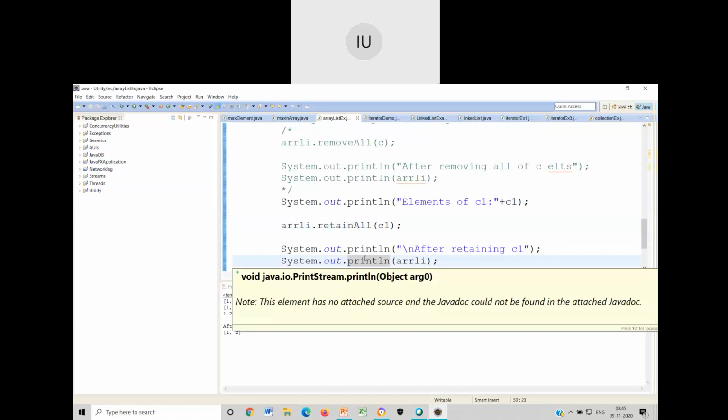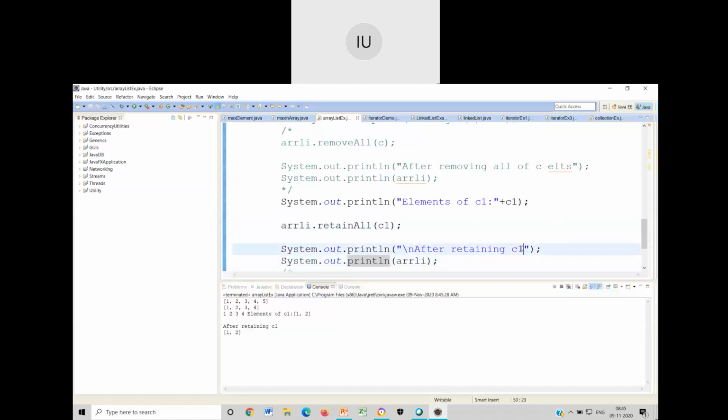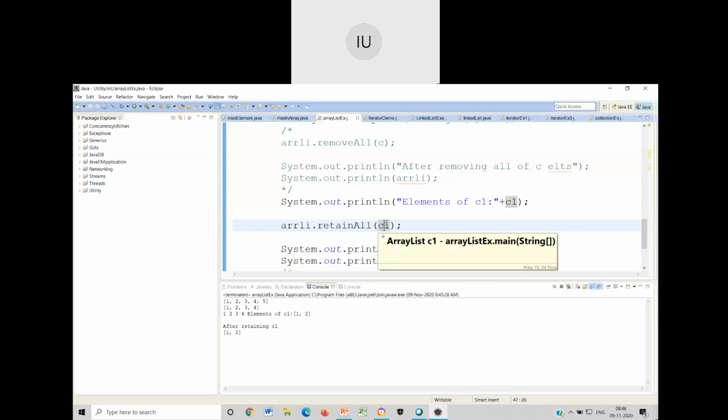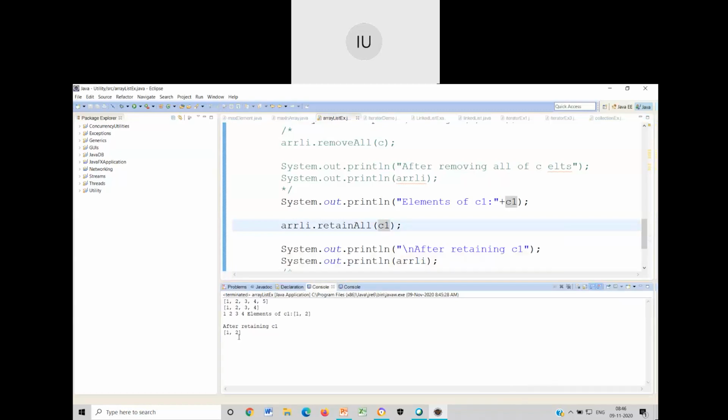This is not C1, it is ARRLI. After retaining C1, what remains in ARRLI? Only 1, 2. Among 1, 2, 3, 4, the 3 and 4 get removed because C1 contains only 1, 2. So 1, 2 are retained. This is how retainAll and removeAll work.